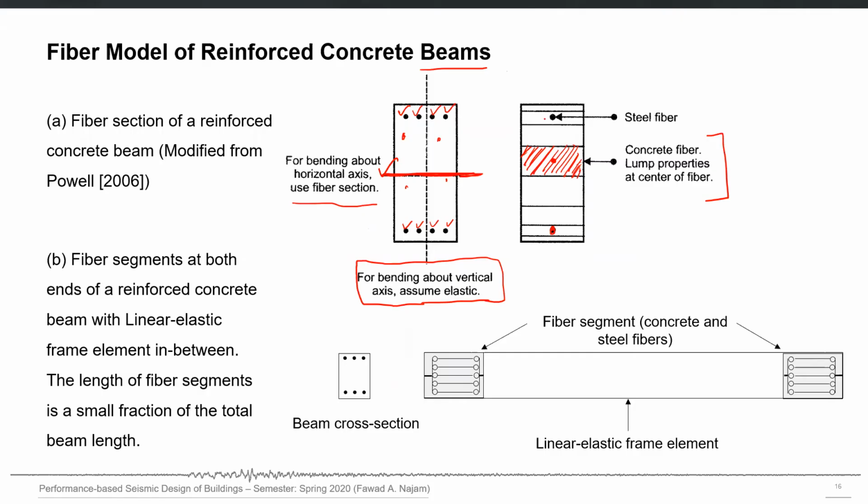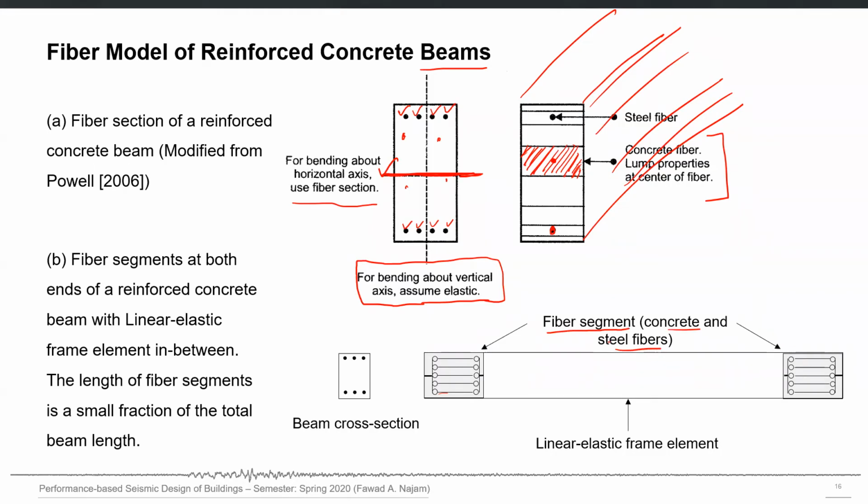So that's how we actually perform or make the fiber section for a beam. And then again, this fiber section can run along the whole length. Let's say this is the length side. So they can run along the whole length, or they can run along part of the length also. So here in the bottom figure, I show that these fibers just run along part of the length. And this is called fiber segment for concrete and steel fibers.